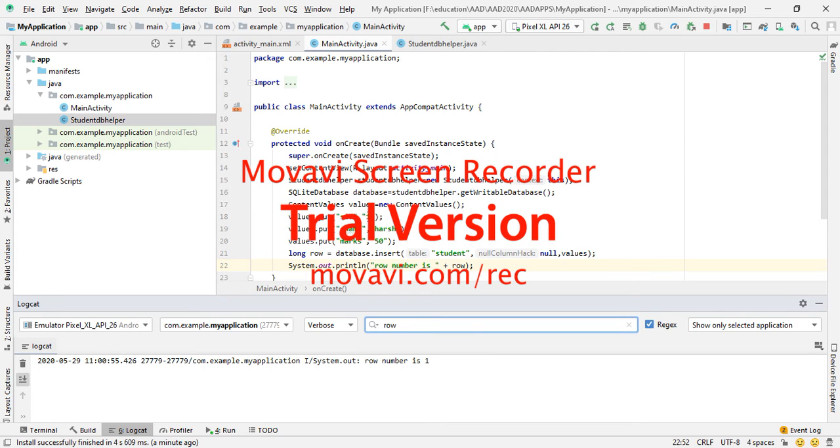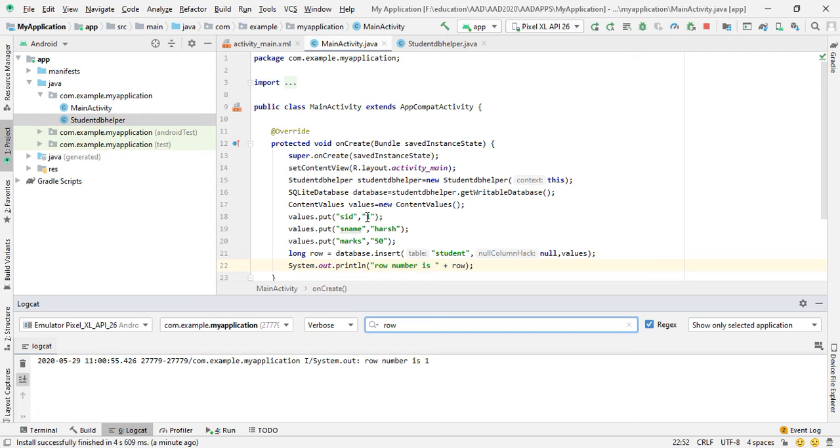Here we insert the values directly. Instead of this, you can insert these values from the user by using EditText.